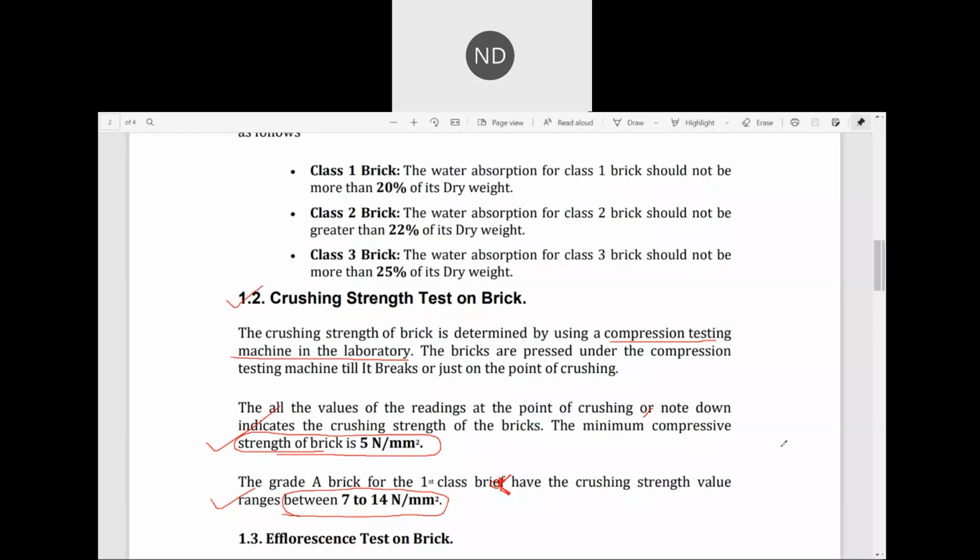The test is not described here completely. Why? Because we are just talking in short about the different tests, since in the lab we do those things, but in the material testing syllabus which we got, we don't have these things right now. We have only compression, torsion, etc. So these are not mentioned in our syllabus, so we are not doing them, but this is general. I'm just briefing this to you, what your crushing strength is and how much it should be. Roughly I'm giving an idea. So this is your crushing strength.